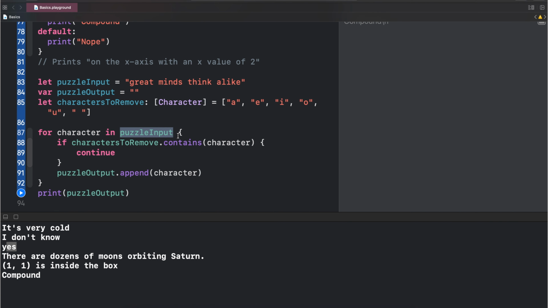So for example, we have puzzle input, and we are getting the character from the array. Because puzzle input is a string, and if you put it inside a for loop, it will convert it to characters. Inside the for loop, we are checking if the characters, the vowels, are available. For example, the character G, it will first check G as a character. If it is contained in the characters to remove array,